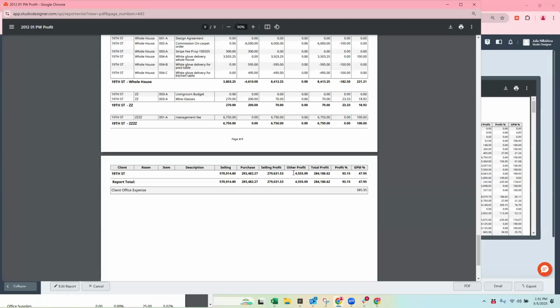Some of our newer firms that come to us specifically don't necessarily mark up freight, or they don't mark up receiving. So this is just a great double check to say, okay, what's your process at the office? What does your contract say? And then we work with them to ensure that the other profit is a lot bigger than $4,000.